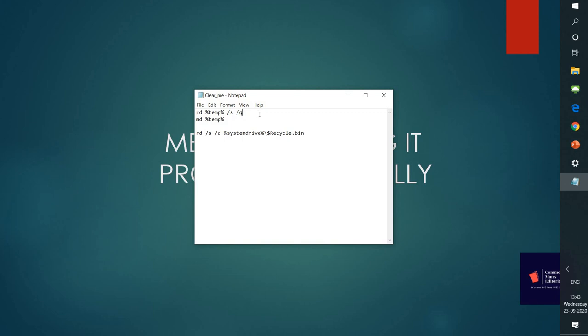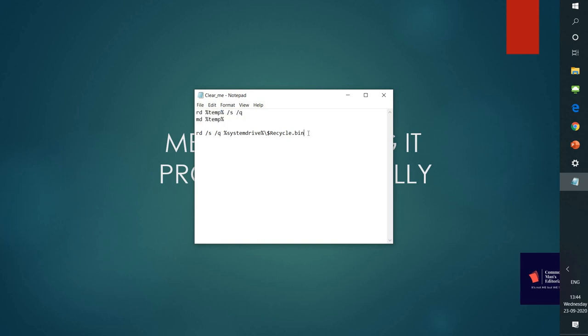So once I delete the entire directory, this MD stands for make directory. There must be a directory called temp for further operations that you do on your PC, right? When you create or run some program, it requires a temporary directory to be in place in your system to use as a virtual memory, right? So for that, I'm going to make the directory. Since I have already removed it, MD stands for make directory of temp, right? So the temporary file deletion is done.